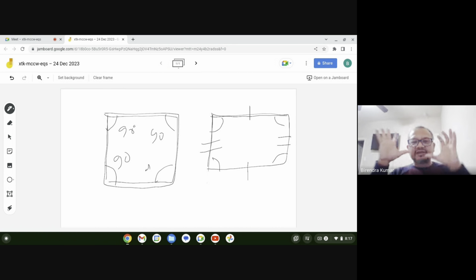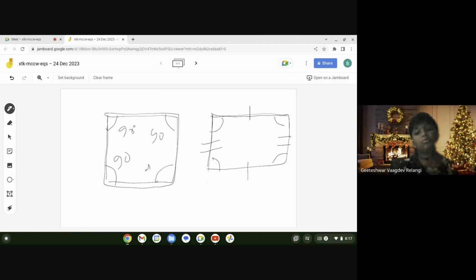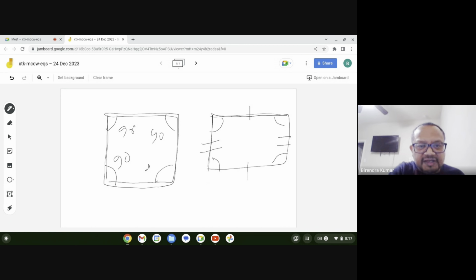So if you have to look at a rectangle or a square, the rectangle is like the father. Meaning it has four sides, and all the angles are 90 degrees. The child is a type of rectangle where all the sides are also the same. Opposite sides are the same and angles are 90 degrees like the rectangle. But the only difference is, if you call this length and this width, the length and width in the case of a square are the same.